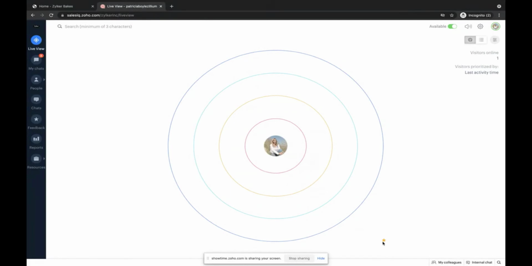This little star that you see on the screen denotes a cold visitor. The visitors who do not match any prioritization criteria that has been set will be classified as cold visitors. They are displayed as stars outside the rings in ring view and under the cold visitors tab in list view. When you click on these stars, you'll be redirected to the proactive chat window or the visitor tile,